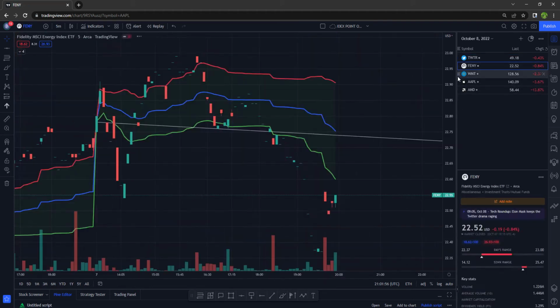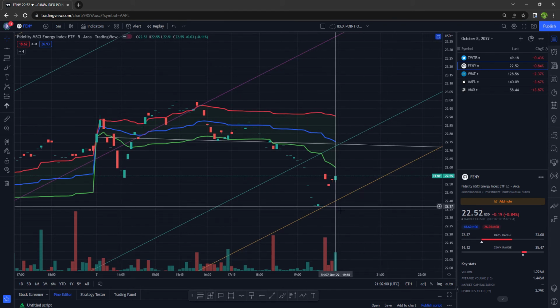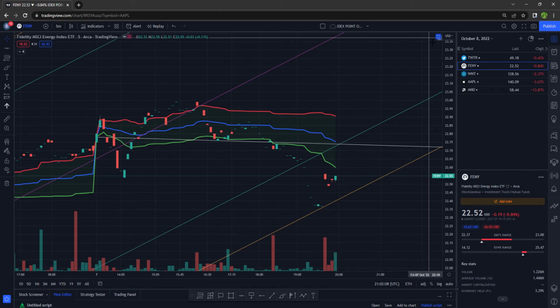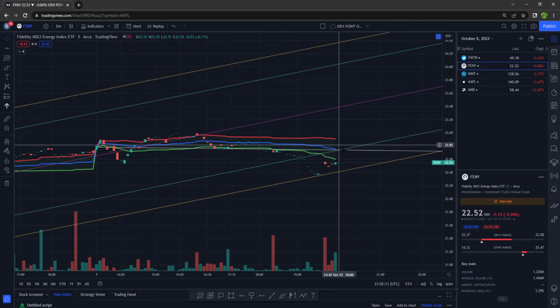The next one is an ETF that my dad is playing right now, and to the south side of where we are takes us to $22.40, and that would be -3 standard deviations. Let me make this a little bit smaller so you can see. VWAP is at